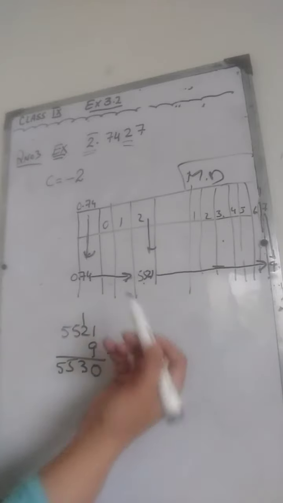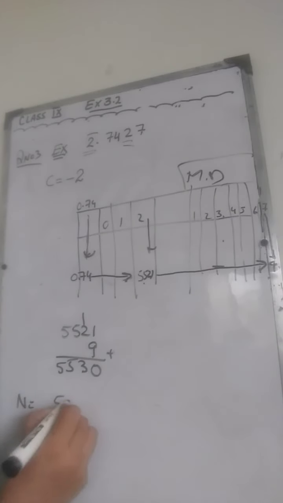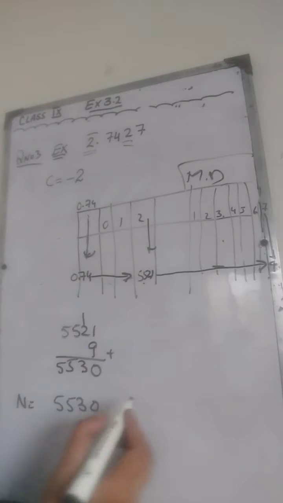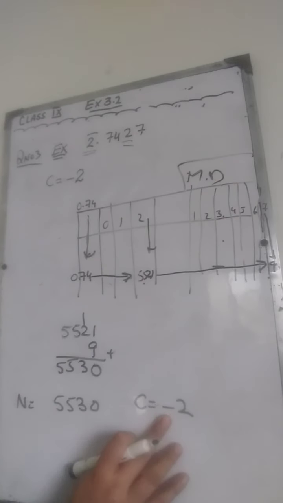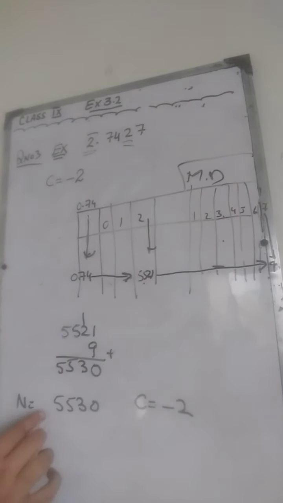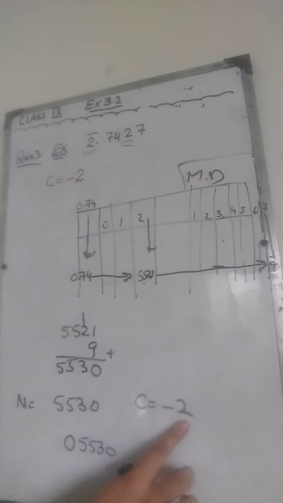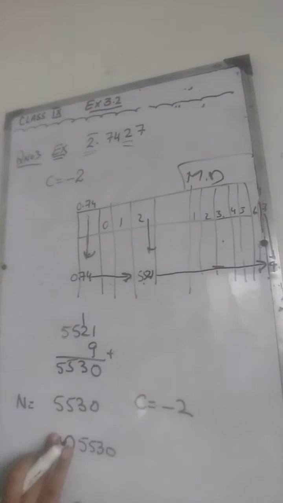We are going to add these two numbers, and this together will give you the number. Now, as the characteristic is negative 2, remember that if the characteristic is negative, you are going to insert zeros between the decimal point and the first non-zero digit. If the characteristic is negative 2, you are going to write one 0. If it is 3, you are going to write 2 zeros like this. But here we have 2, so you are going to write just one 0